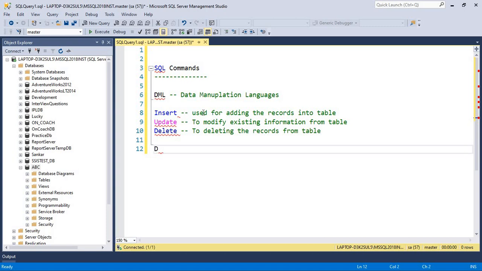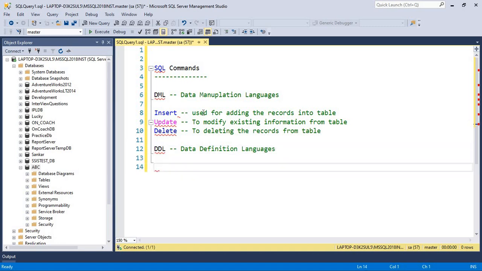Okay, let me go for DDL. What is DDL? It means data definition language. Here we can see create, alter and drop.